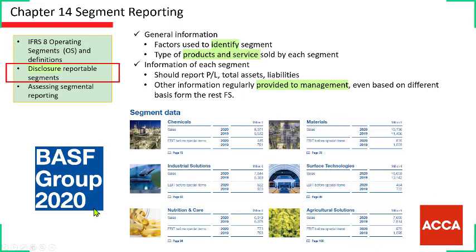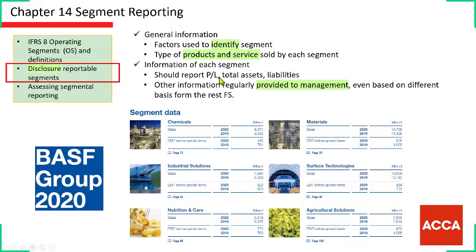So here we have a BASF group reporting for 2020. So they got chemicals, materials, industry solutions, surface technology, nutrition and care, and agriculture solutions. So the way they manage the business is by product and service. So that would be a different kind of representation. And we should disclose which factors we use to identify the segment and types of products and service